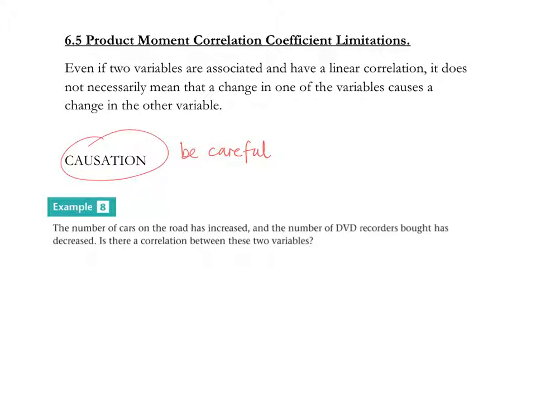Example 8. The number of cars on the roads has increased and the number of DVD recorders bought has decreased. Is there a correlation between the two variables? Well, it looks as though as one increased, the other decreased. That could be a negative correlation. But hold on a minute. If you buy a car, does that mean the number of DVD sales actually decrease? You've got to think of the real life situation. So there's actually no correlation,